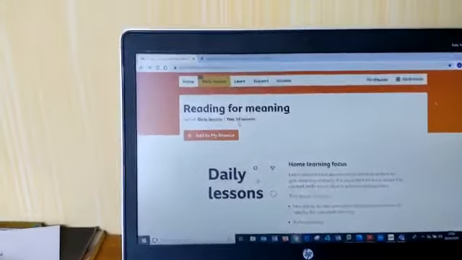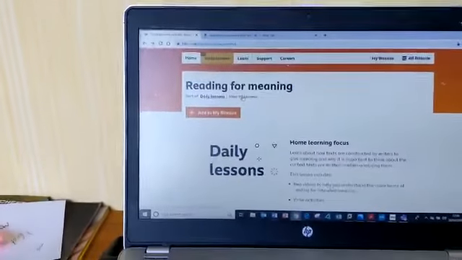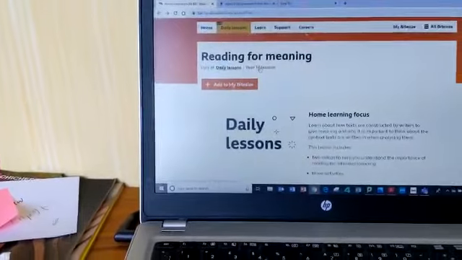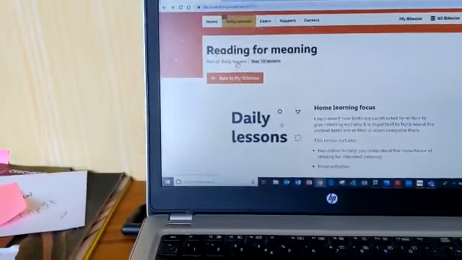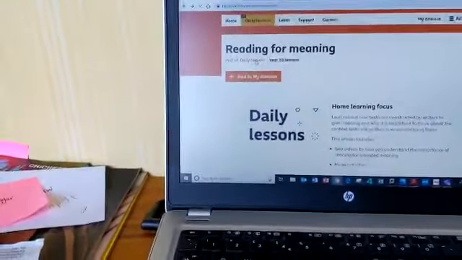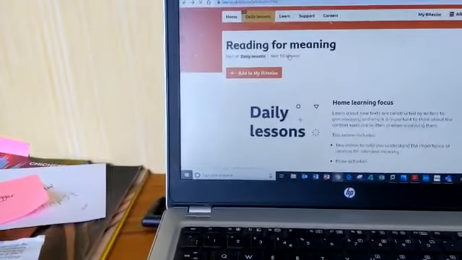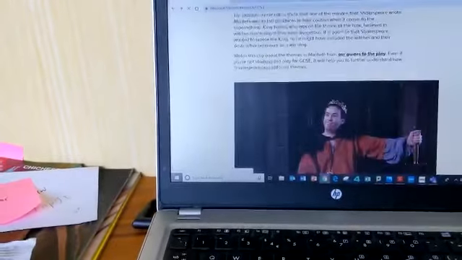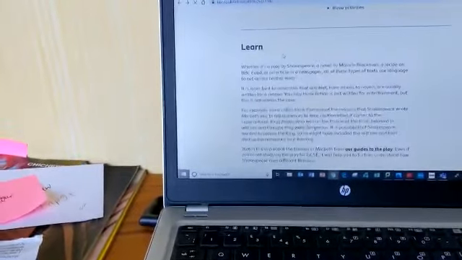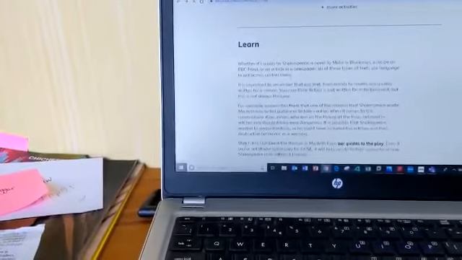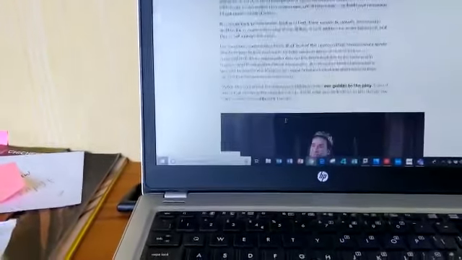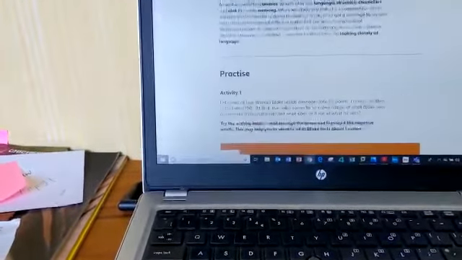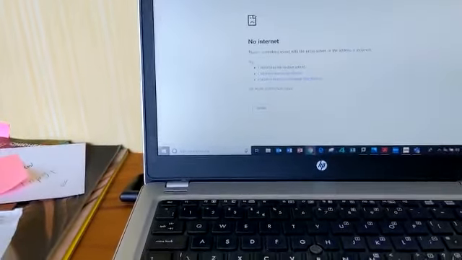In this particular case, I've just brought up Year 10 lessons. Again, like Oak National, it will take you through each and every lesson, through each of the different days, through each of the different year groups. These are the Year 10 lessons, in which case we're looking at reading for meaning, and it'll give you, first of all, a little bit of an introduction. It will then go through a video. There is some practice and